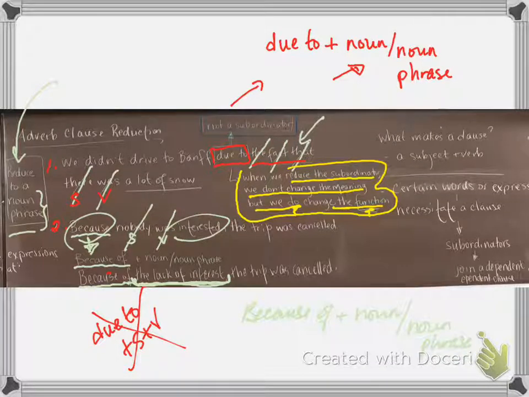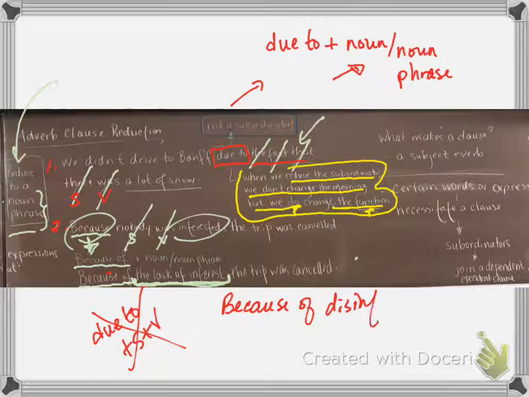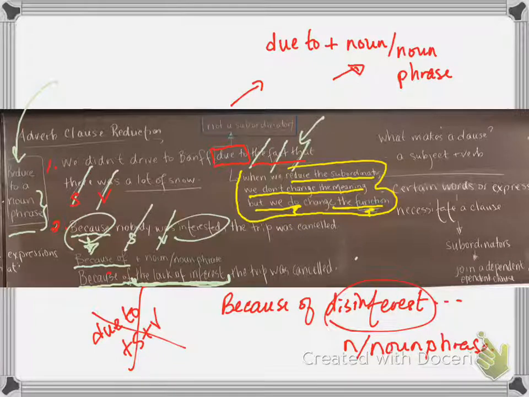And so here we say, because of the lack of interest, the trip was cancelled. Okay. Another way we did this in class was we said, I'm just going to get rid of this one here so I can write down here. What did we say? We said because of disinterest, the trip was cancelled. Okay, so whatever happens here needs to be a noun or a noun phrase. And sometimes it's going to be the